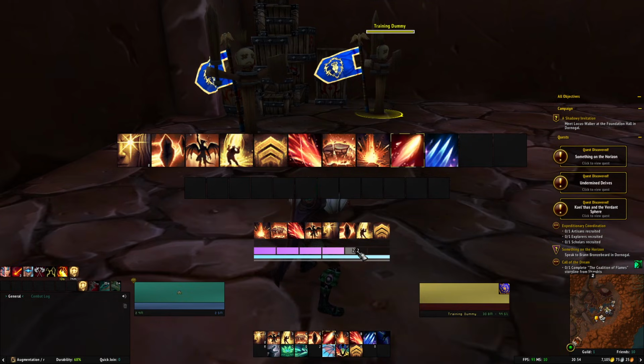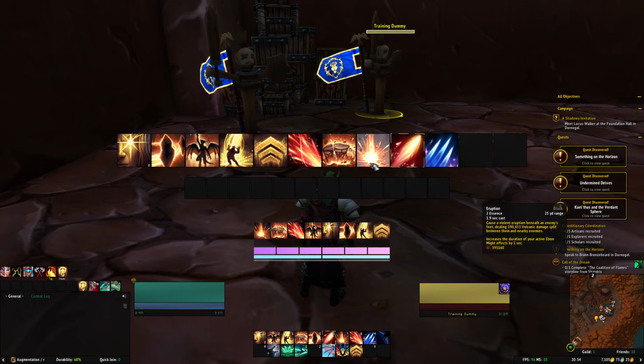Now, what you can see here that's recharging, that I have 5 of, or nearly 5 of, is Essence. We do use mana as an Augmentation Evoker, but we also have Essence, and that is one of the main resources we will be using. So, Augmentation are there to